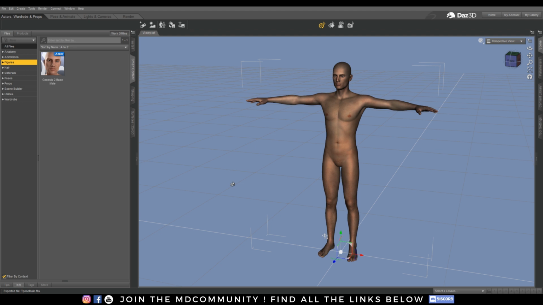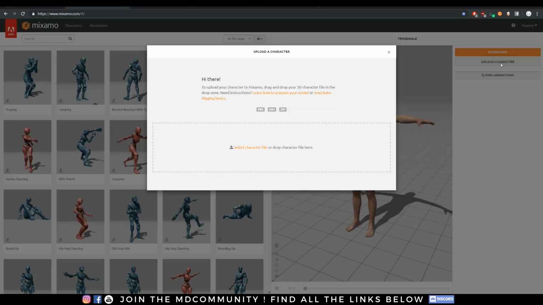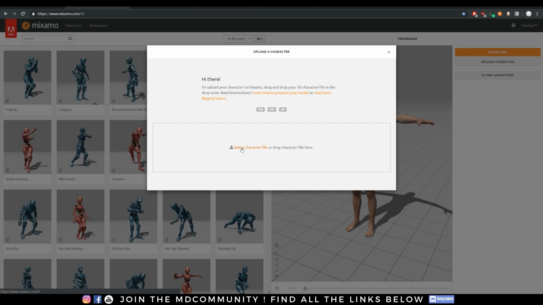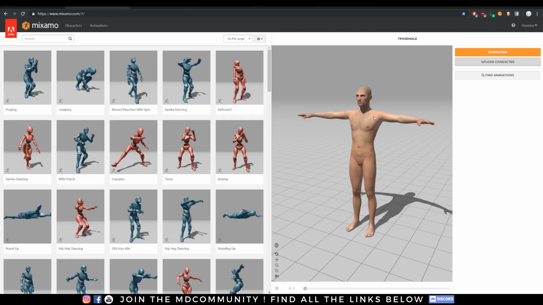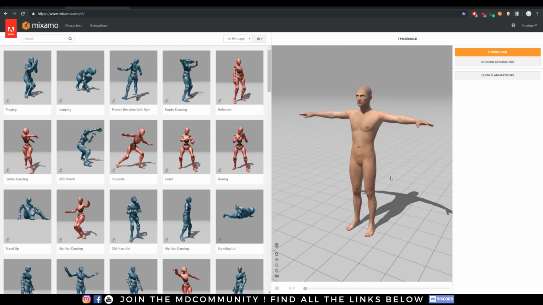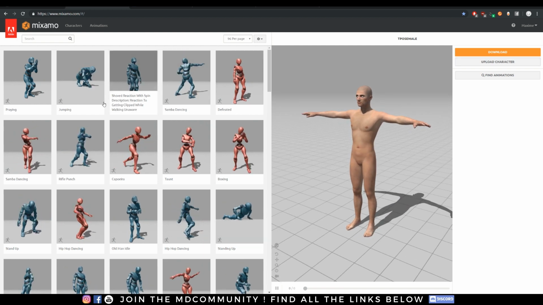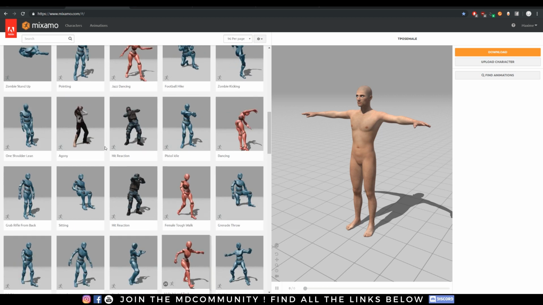In the past it was harder to get the workflows, but now with all the software evolution, it's getting simple, and all the people making tutorials on YouTube is pretty nice. So let's go upload character, select a character from file, and drop your character. Here I already have my character, so we can start, and I will find